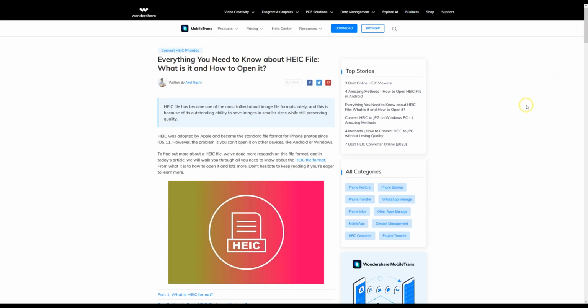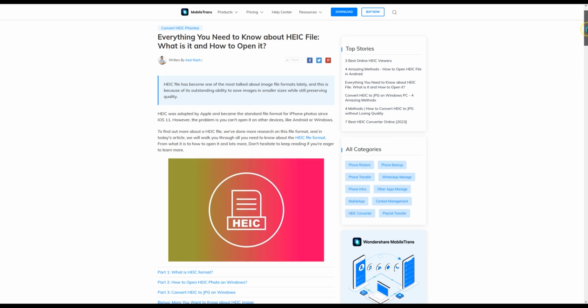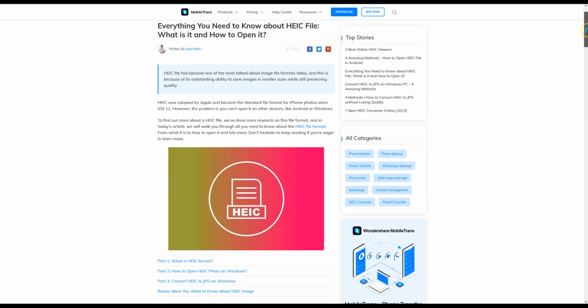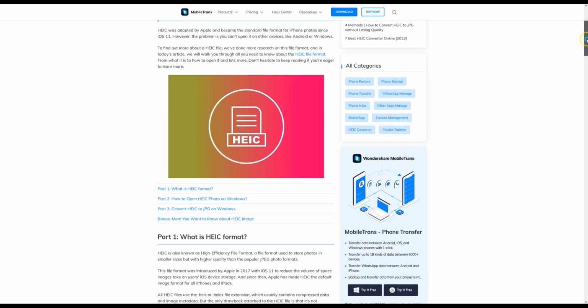Hi everyone! Did you just transfer a photo from your iPhone to another device and notice the file extension is HEIC and not JPEG? Well, that's a change Apple has made to help you save storage on your phone. In this video, I'll explain in short what the HEIC format is and how exactly you should use it on